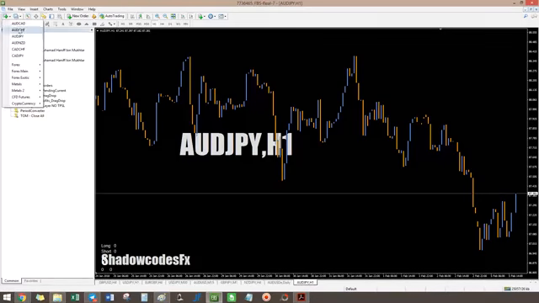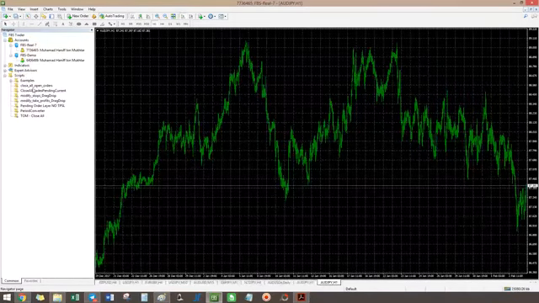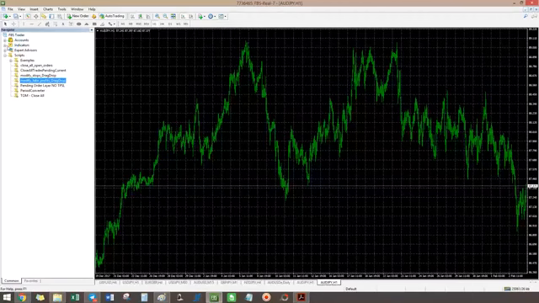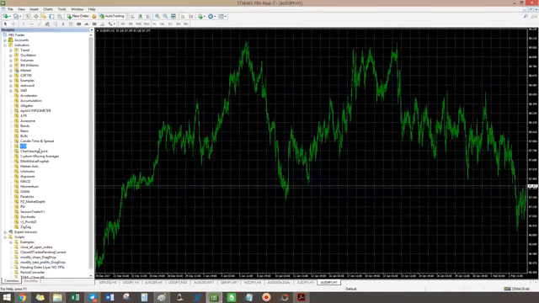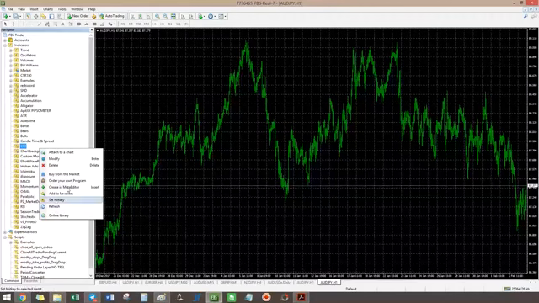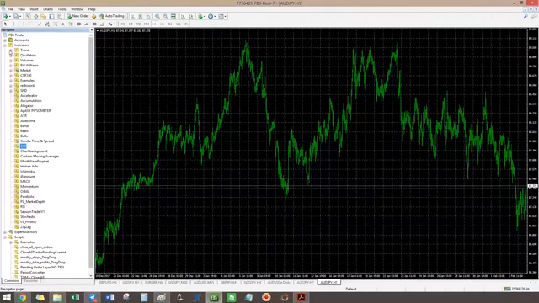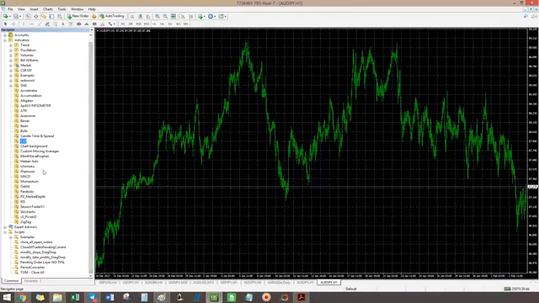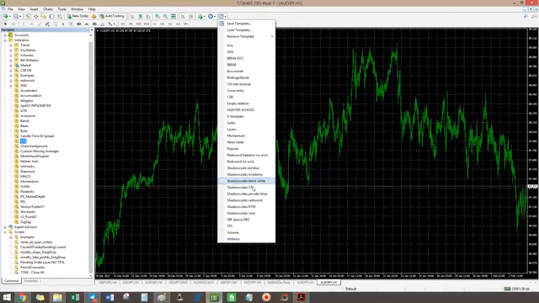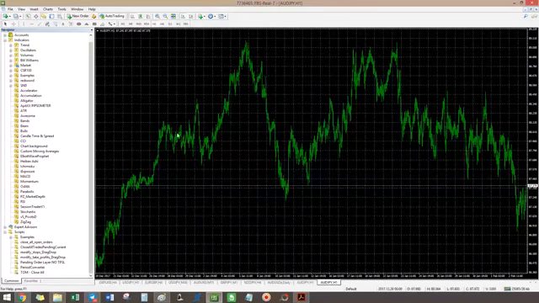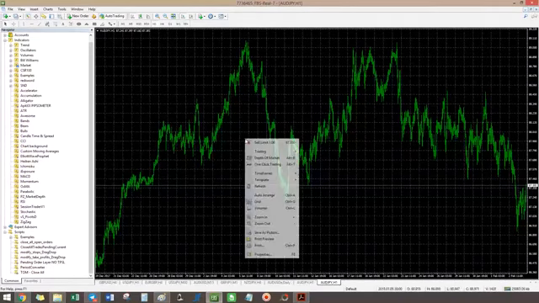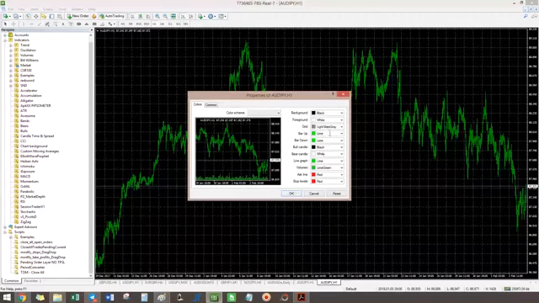Okay, so over here you click on Indicators. For example, I open a new chart, DJPY. For the indicator, you just right click and refresh. So wait a moment. Okay, first you just take my template. It should be just fine. It will open automatically. But if you want to set it up by yourself, just